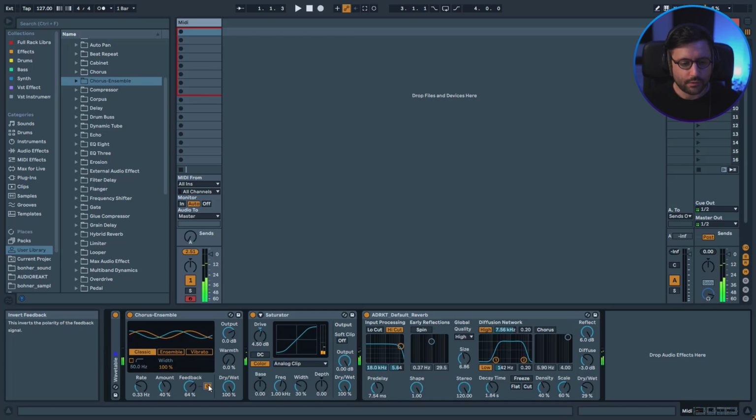You can invert the phase. Usually what is gonna happen is it's gonna create a hollow sound. Then after, you can go a bit more crazy in the values and get some weirder sounds. What I like to do is with bass sound, for example, if I go at 4% to the maximum,